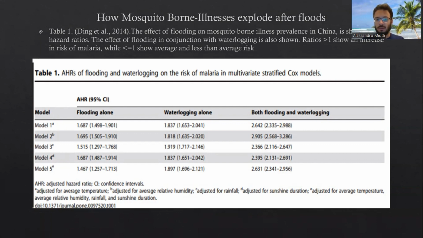And this is, of course, due to how flooding brings pools of water that are habitable for these mosquitoes to lay their eggs, and waterlogging from infrastructure that's not well drained, such as attics that may pool with water, and maybe there's a hole in the roof, or streets that have potholes in them. So these things are actually very important when understanding flooding and its relation to mosquito-borne illness proliferation.